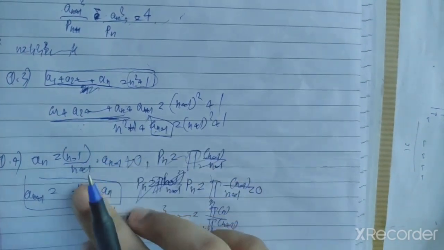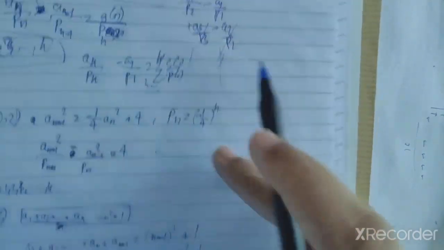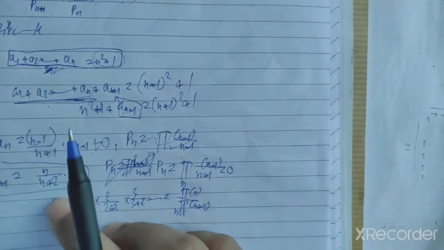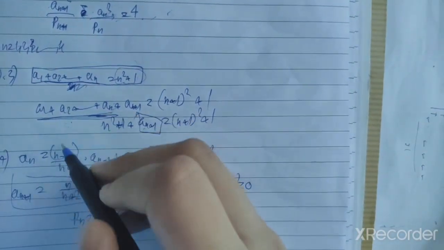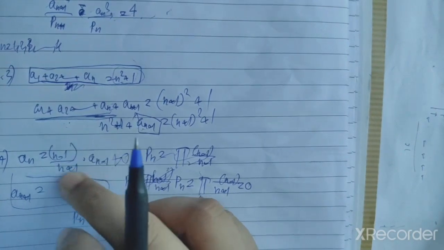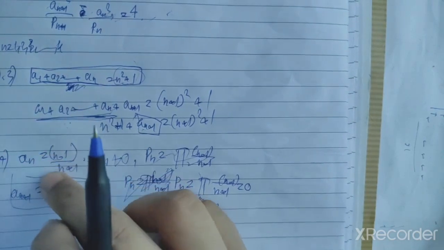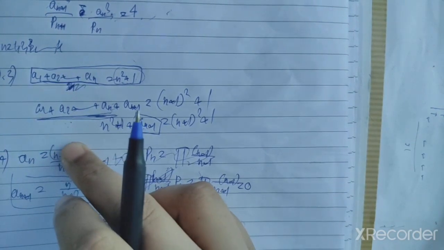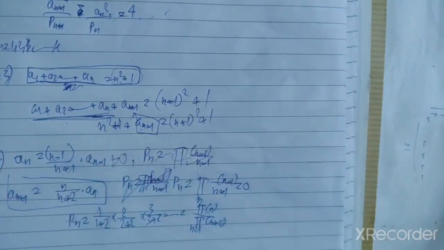It is also of the same form as the previous type we discussed, the general term, and we obviously know the general strategy to find this. But if you define Pn here, you will put 1 minus 1 upon 1 plus 1 times 2 minus 1 upon 2 plus 1 times 3 minus 1 upon 3 plus 1. But if you put n equal to 1 here, you will get 1 minus 1, 0, and eventually Pn will be 0. And so dividing both sides by 0 won't get anything.